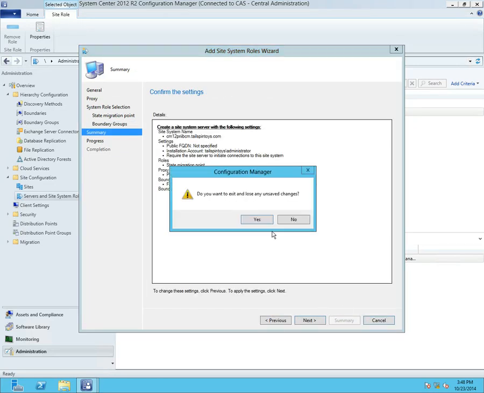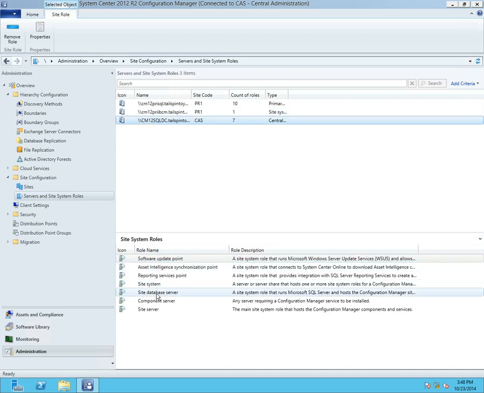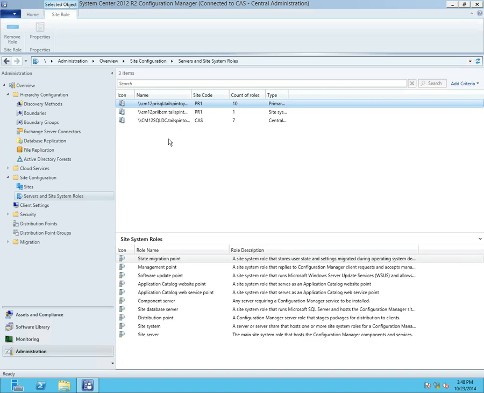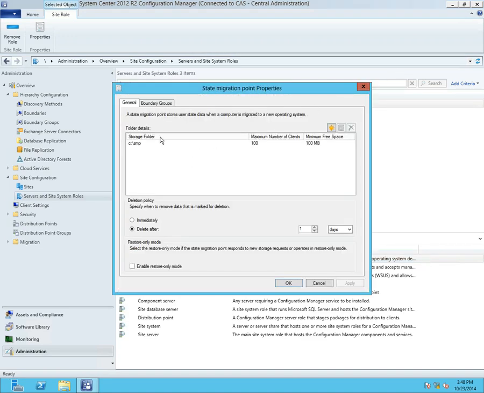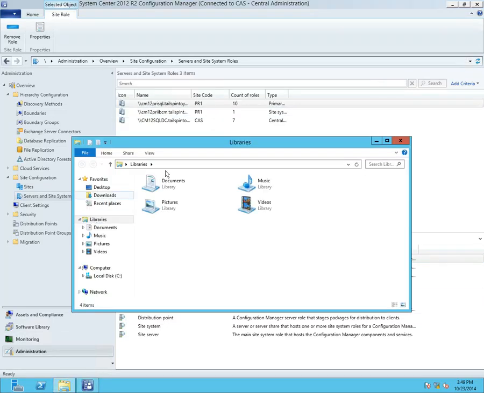Well, before I do that, let me show you. So I've got one configured here. Same thing, I can just go to state migration point and go to properties, see the same window. No worries, I've got this one configured to SMP. So if I go over on the network to that share,